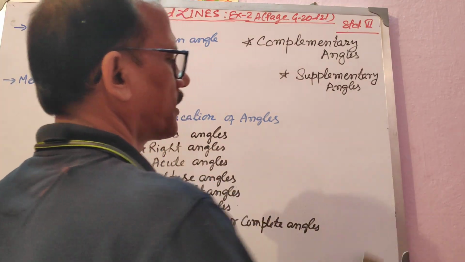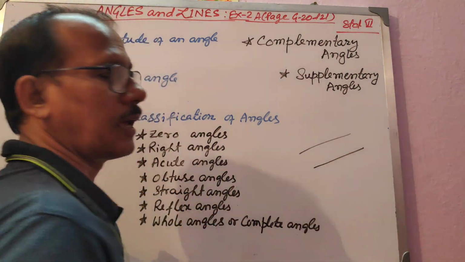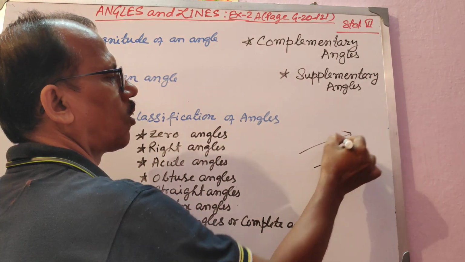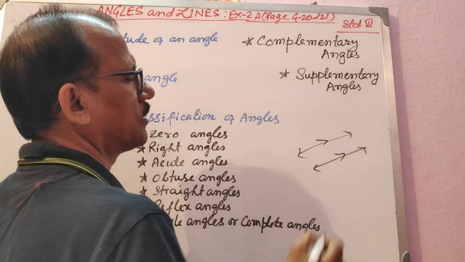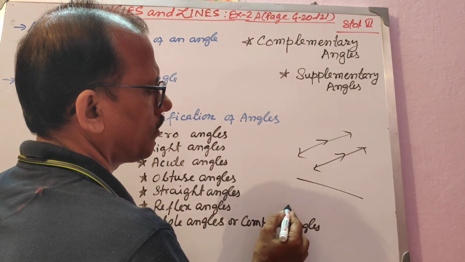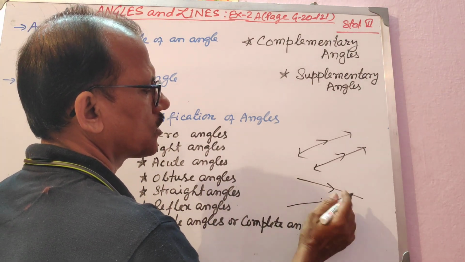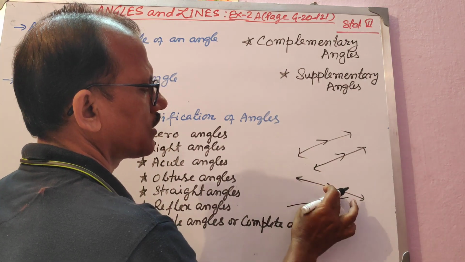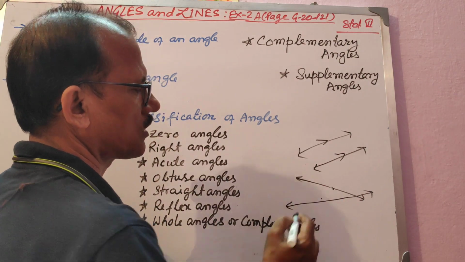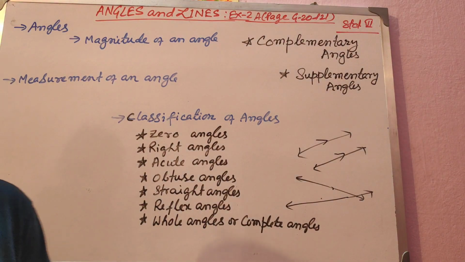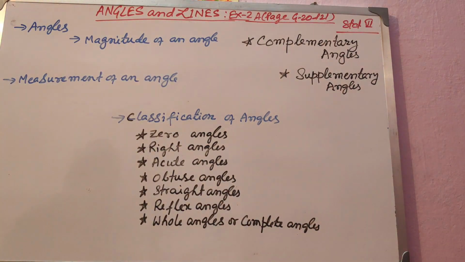Various aspects of lines you have also learned, and in the previous session you learned the two types of pair of lines. If they go on without meeting each other to infinite distance, these two are called parallel lines. Parallel lines are symbolized like this. Now two lines that are inclined will meet somewhere. These will be called intersecting lines, because this line will be meeting here at this point. I have also told you about concurrent lines, where you got a little confused yesterday with the quiz question. I will make it clear, don't worry.